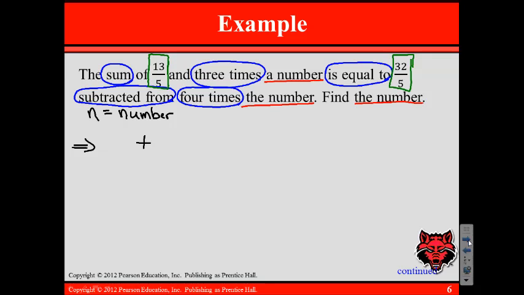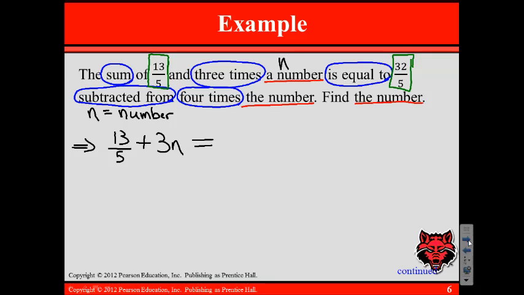So the sum of 13/5, so one of our terms is 13/5, and 3 times a number. Remember, this number, in this case, we just said it was going to be n. 3 times a number would be 3n. So the sum, we are adding 13/5 and 3n. We are then told it is equal to, write our equal sign,